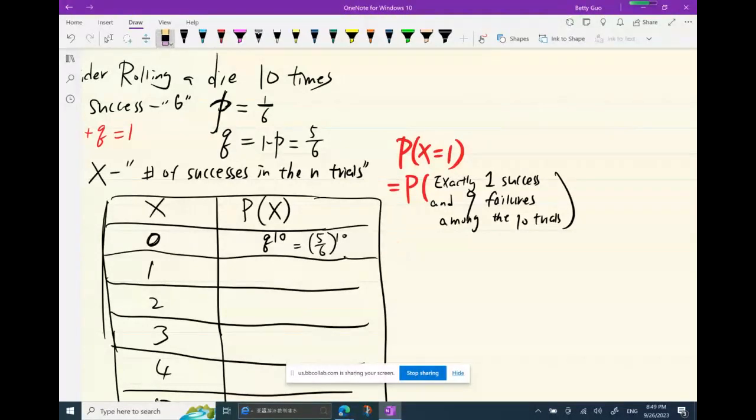Do we have to have the success the first time, or could the only success happen at the first trial, or the second trial? Yeah, it could be at any time. Yes, exactly. Very good. So that's how we have a